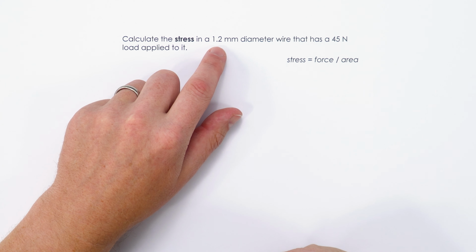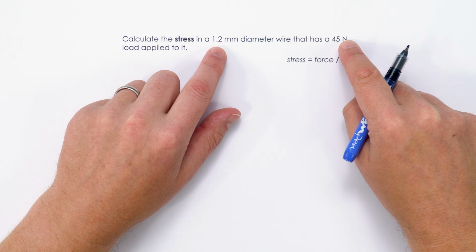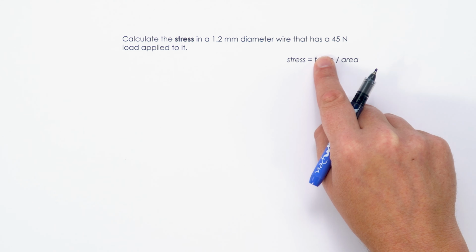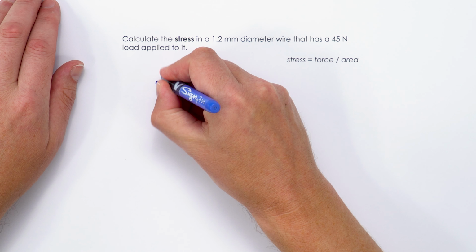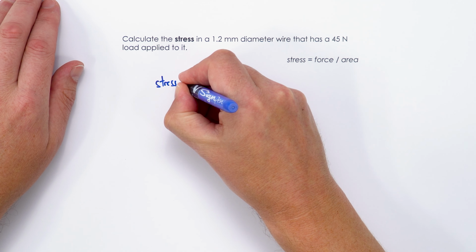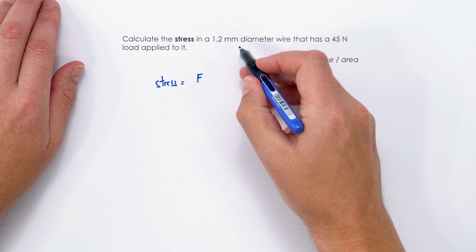In this worked example, we are looking at stress in a wire. And we've got information about the diameter of the wire and the force that's being applied. And we've also been given the equation that says stress is equal to force over area. So if we want to look at the stress, that's going to be equal to the force that's being applied